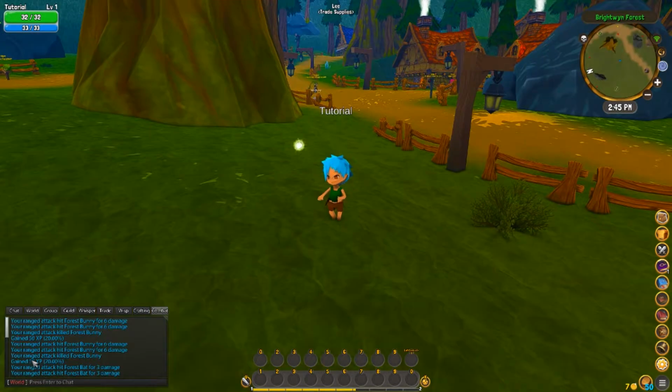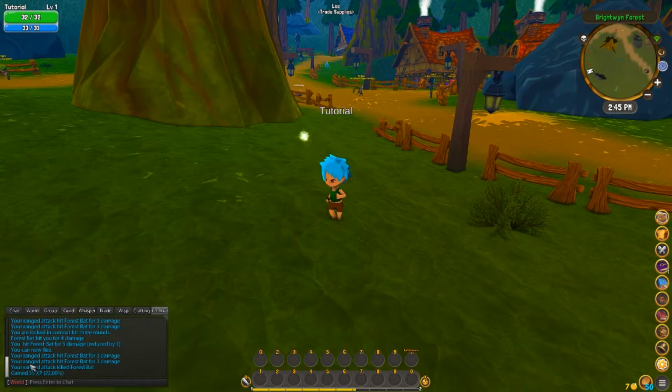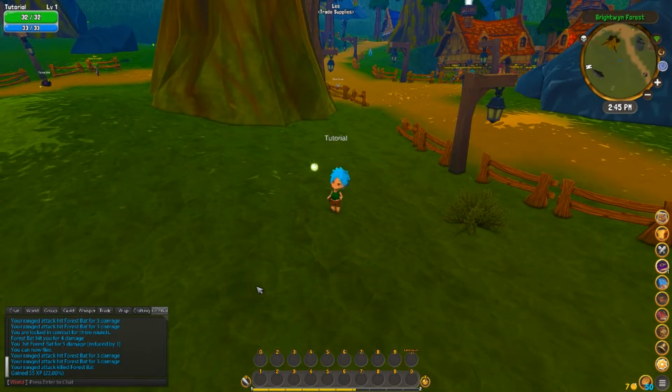How much this was from killing one of those level 1 bunnies. I got 50 experience. If I go down here, I killed one of those forest bats for 55 experience. Now, as you level up, it will become increasingly harder to...